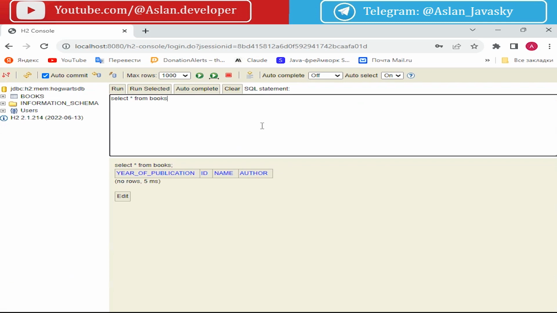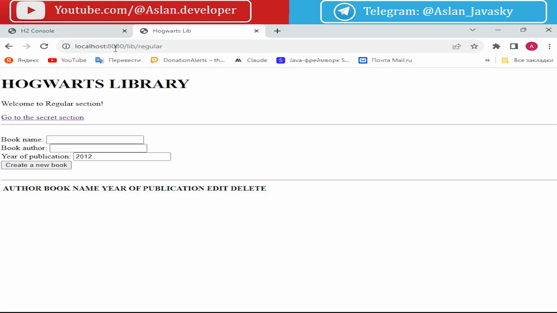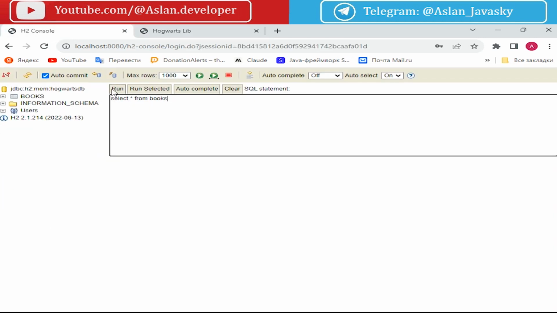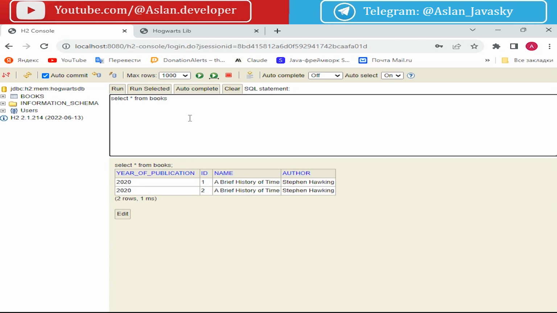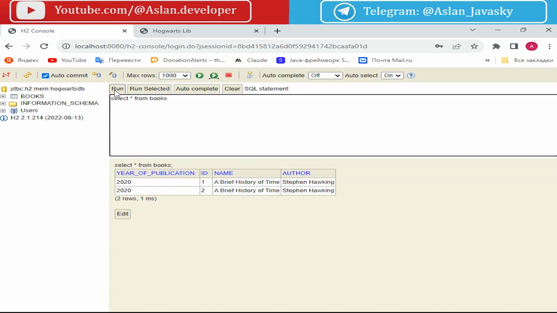So let's open our web console, localhost, and we can see there aren't any books. So we can create a book. Stephen Hawking, create a new book. Okay, and we can see one book. So let's run it again, 2 times. We write it 2 times. Okay, and these 3 books